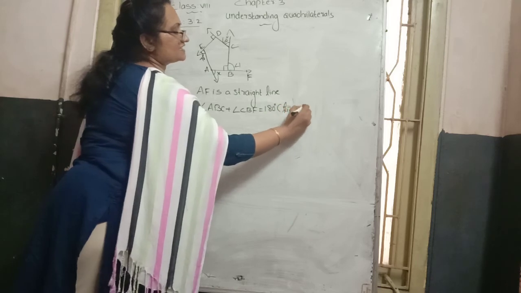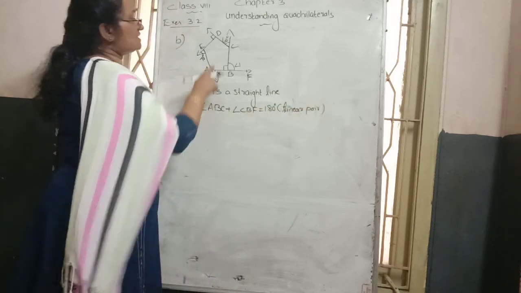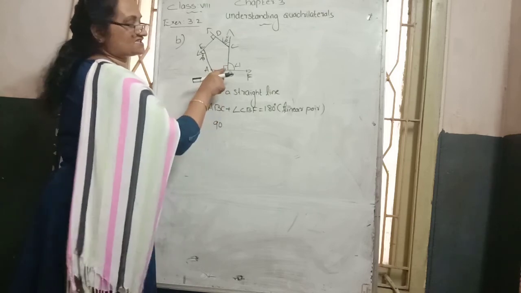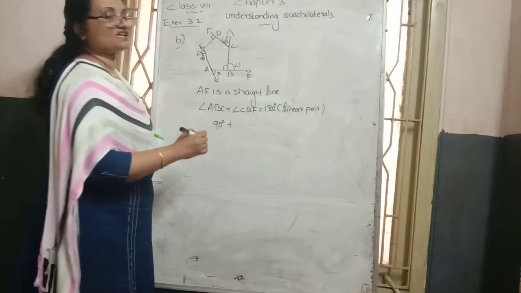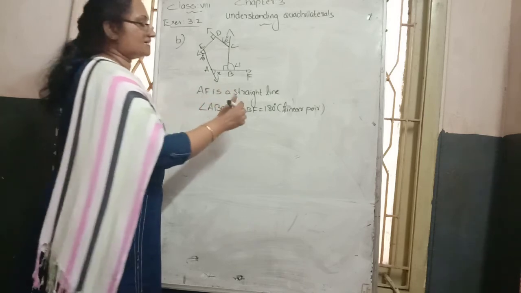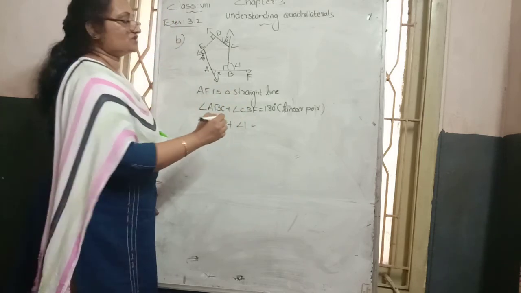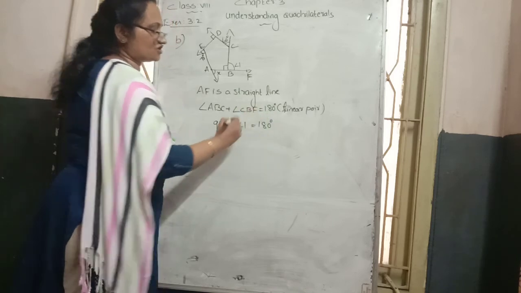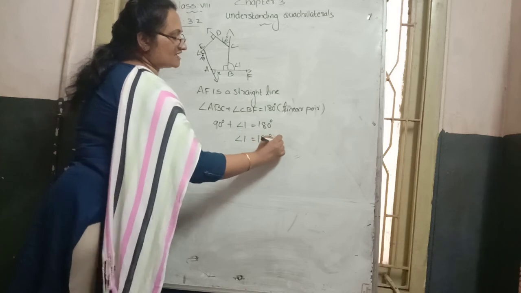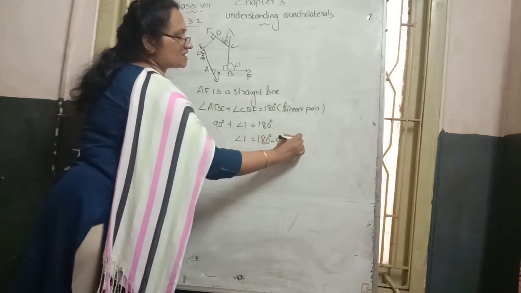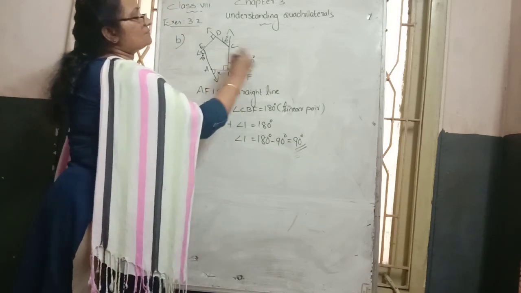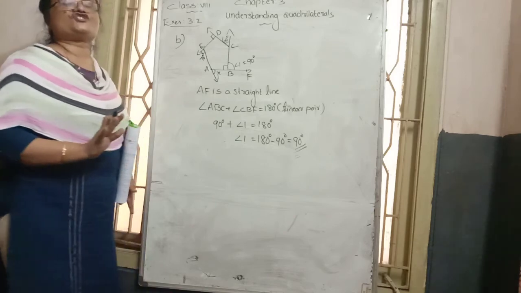We apply the linear pair here. The ABC value, how much did they give inside? 90 degrees, represented by this symbol. Outside there is nothing. For identification we put the angle as angle 1. We want that angle 1 value. That's why the right side is 180. So how to find angle 1? 90 plus angle 1 equals 180. The 90 goes to the opposite side and becomes minus 90. 180 minus 90 is 90 degrees. So angle 1 becomes 90. Now all the exterior angles are there.